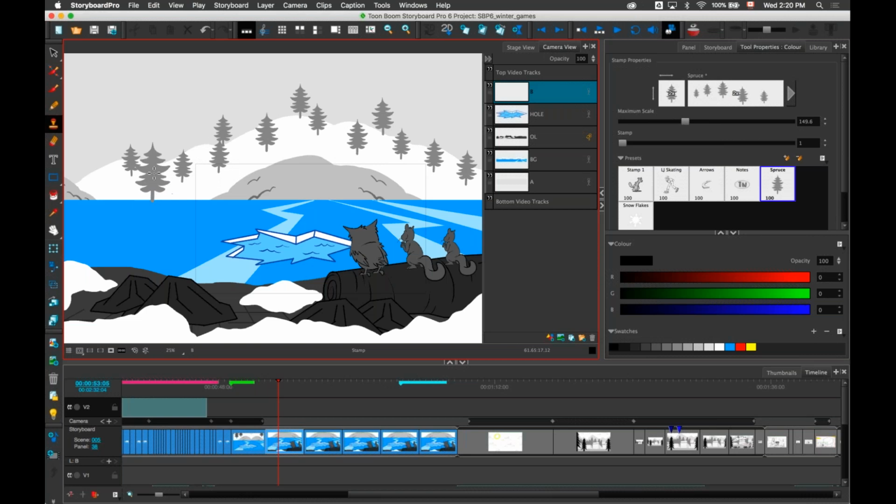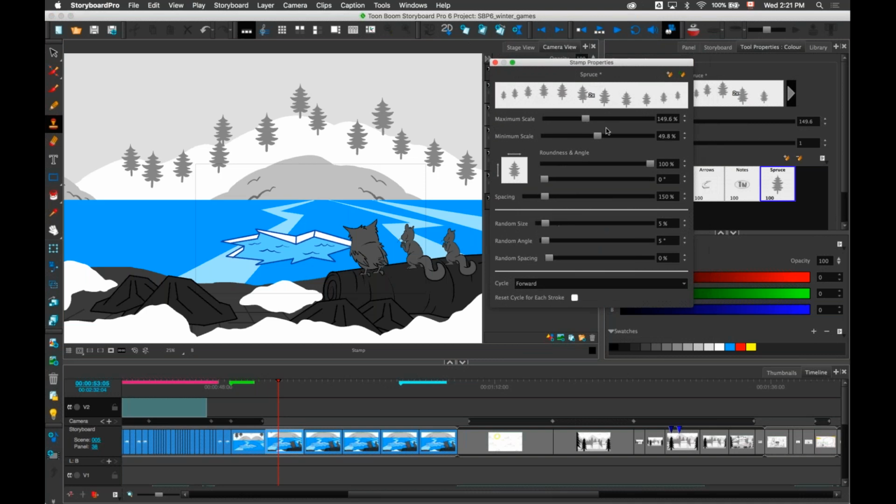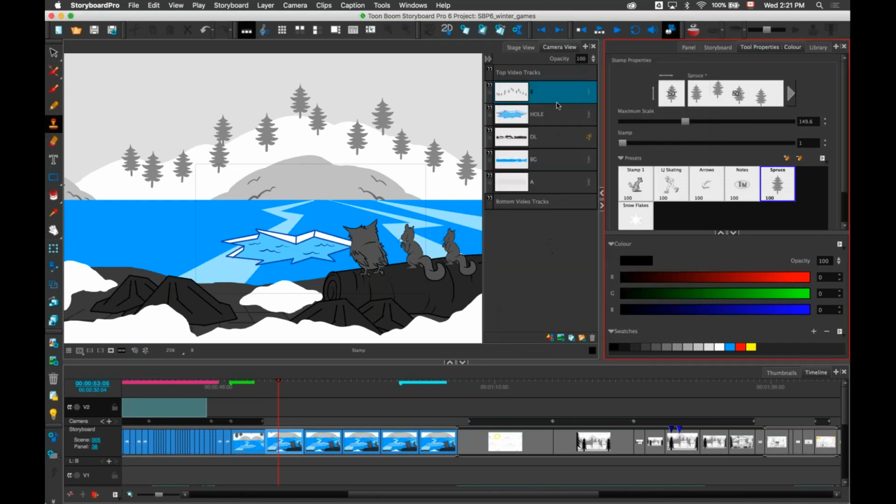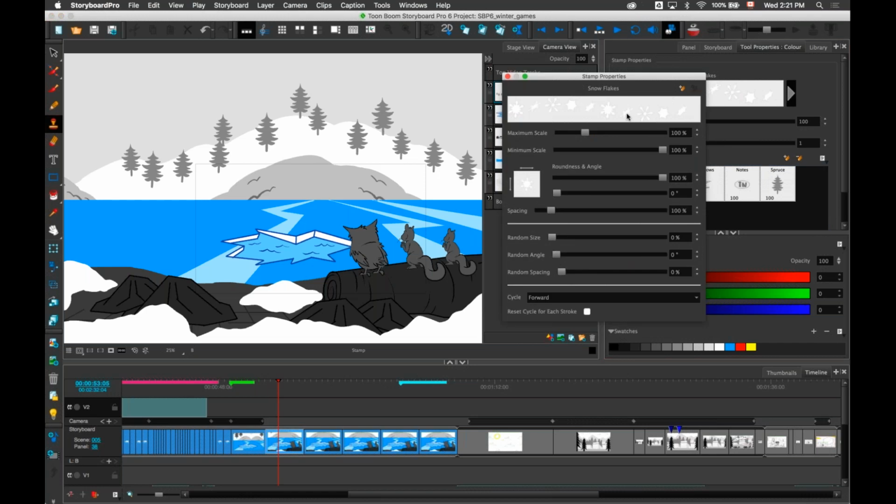Now, this dynamic brush or the stamp now is pressure sensitive. If I go in the properties here, I can adjust the minimum scale. So when I'm drawing with a Wacom stylus, if I press harder, it will be bigger. If I press lighter, it will be smaller. So this is now pressure sensitive. And this is great, for example, if I'm using a snowflake right here. So I've a couple of drawings. I have 5 different drawings.